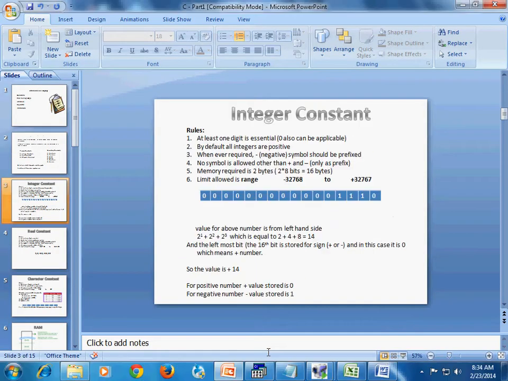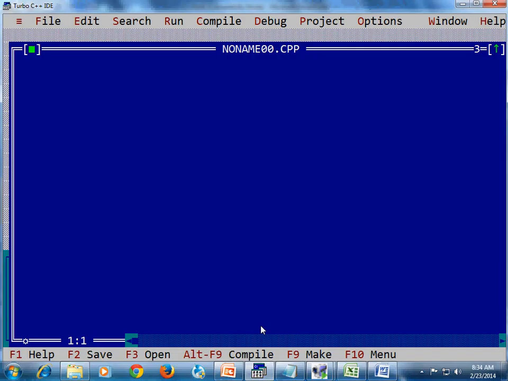Say I want to declare or assign the value 6 to a variable. I can do it as a equal to 6.